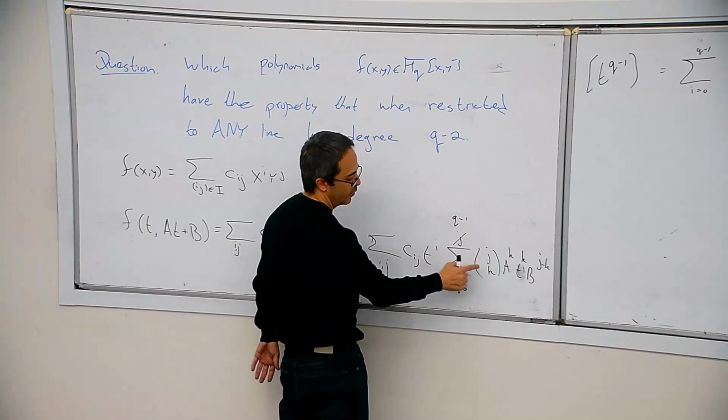That doesn't look promising. If you want this to be 0 for every line, it means you want this to be 0 regardless of what a and b are. So you can't just look at the sum, you have to look at those terms. What you really want is for this to be 0. So the i and j that you can take are essentially exactly those for which this is 0.